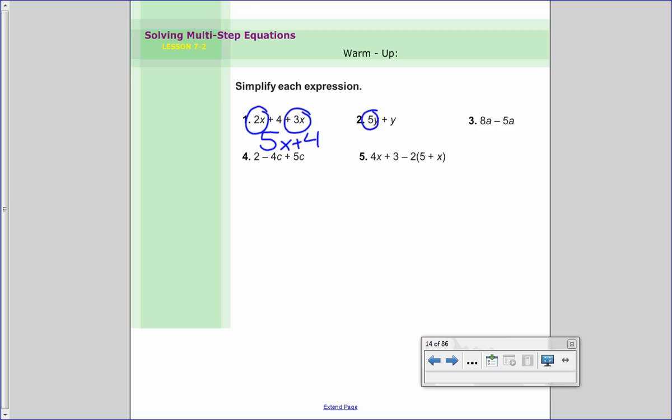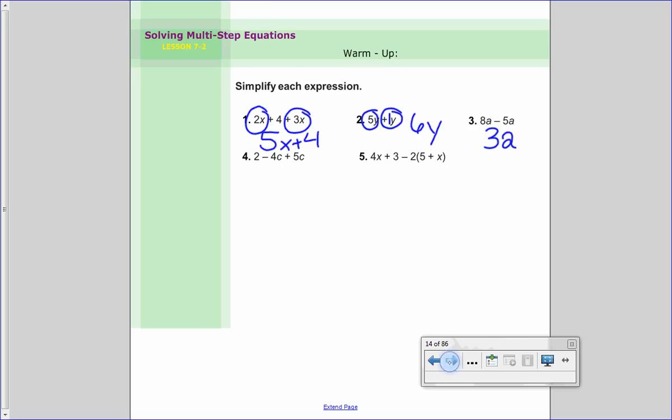Here we have a 5y plus y. Well, that's the same as adding 1y, so that's 6y. Here we have 8a minus 5a. Well, that'd be 3a. All right, that's going to be very useful in tonight's lesson, especially the first part,